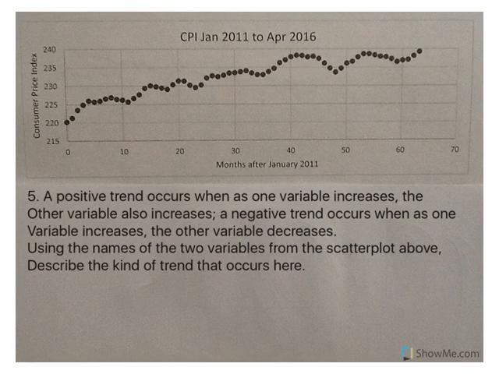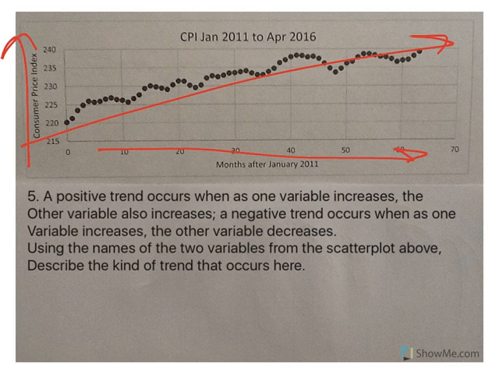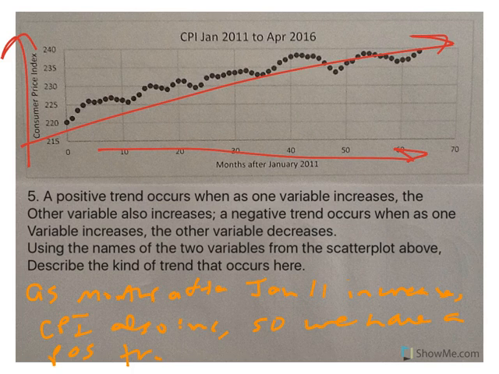All right, now a positive trend occurs when as one variable increases, the other variable also increases, and it goes kind of like this. If you have a negative trend, as one variable increases, the other variable decreases, and it looks like this. So, using the names of the two variables in the scatter plot above, describe the kind of trend. Well, as the months after January of 2011 increase, the CPI also increases, so we have a positive trend,